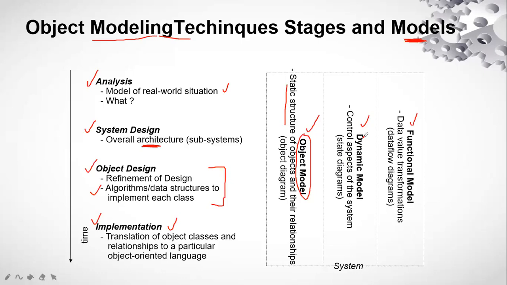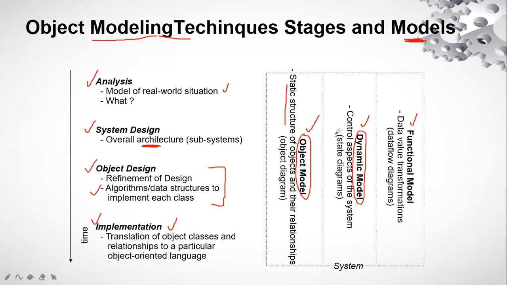The second one is called the dynamic model. The dynamic model is related to the behavioral model. Behavioral means it is going to change, that means the model is going to change according to time. It will not remain static; it is dynamic in nature. So when we define the behavior of a specific model that changes according to time, it comes under the category of dynamic models. Those are the state diagrams, activity diagrams, and sequence diagrams, which we have again studied in the earlier lectures.